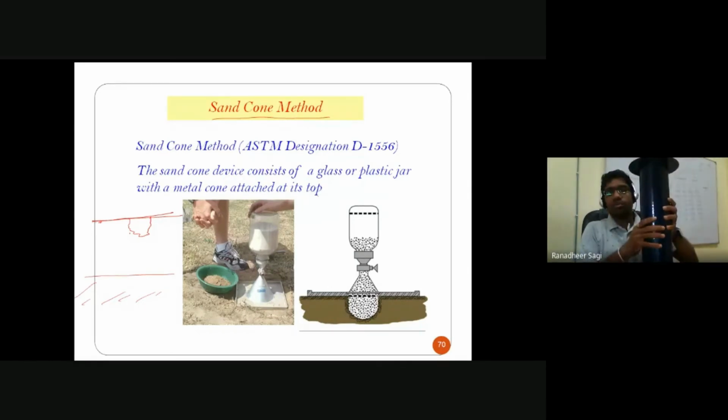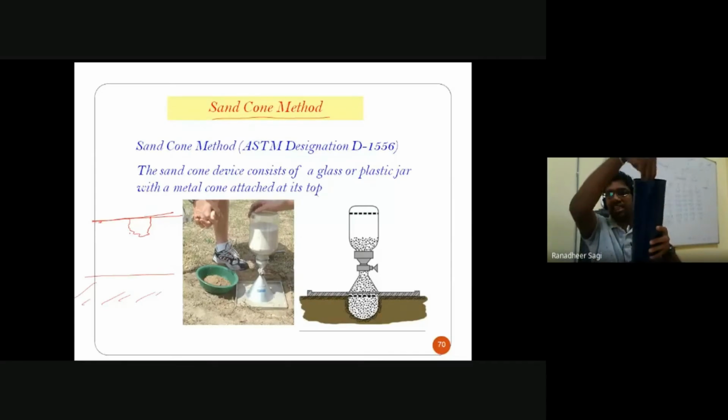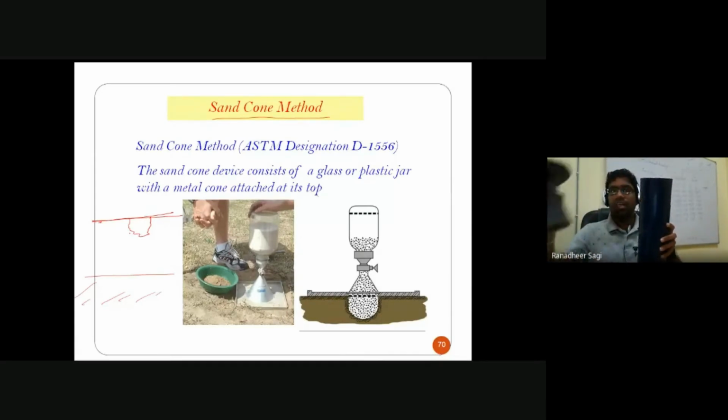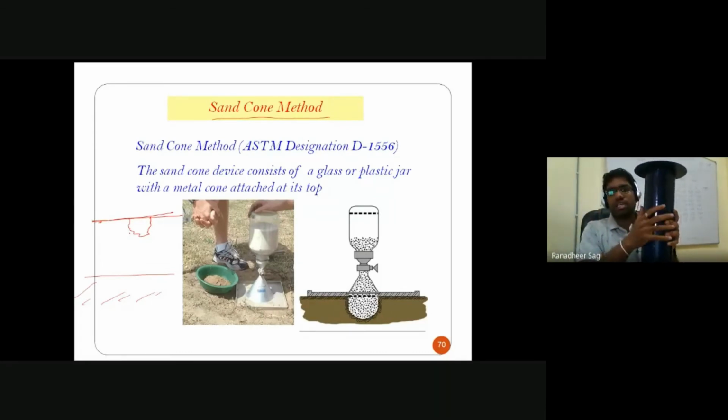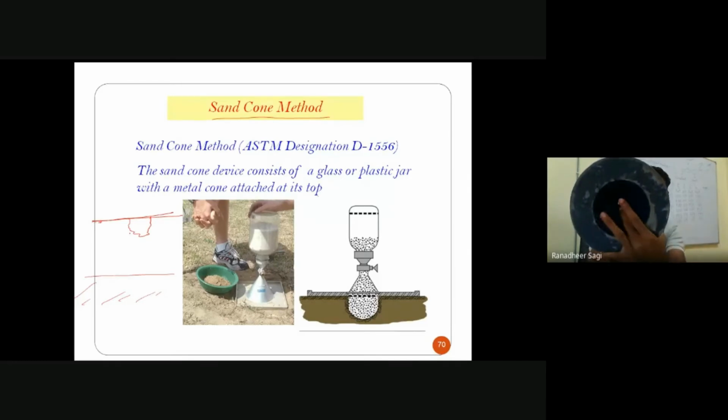This is exactly what we call the sand cone apparatus, or the sand replacement apparatus. What do we do in the case of this apparatus? You could see a hollow cylindrical cross section inside. This hollow cylindrical portion, we are going to fill initially with sand completely, and then we close it tight. Once the sand is filled inside this cylindrical mold, you have an opening. If you look at the bottom of this, you have a conical shaped cross section, and a slit is available there at the bottom.